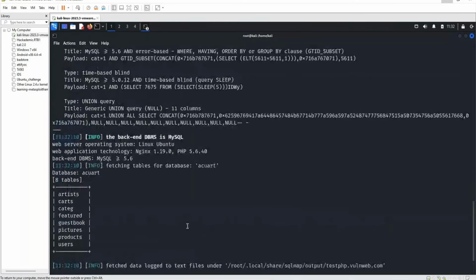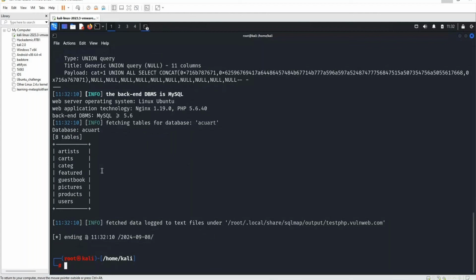So when we press enter, we got this table again, like when we were performing this SQL injection in that page. There also we got this category: artist, cart, category, feature, guestbook, pictures, products, users. Okay. So again, we got this same thing. Now after this, we have to find the